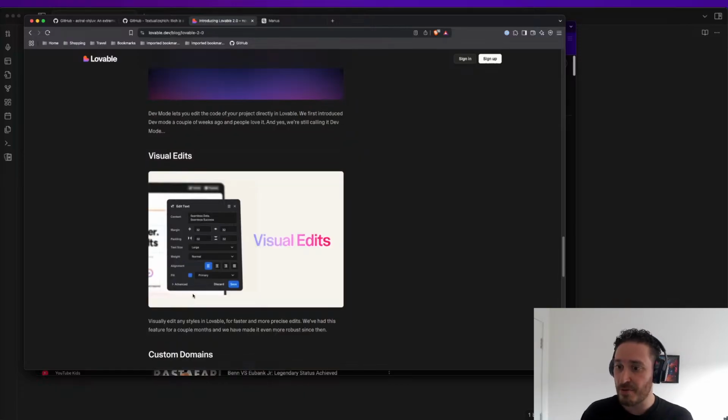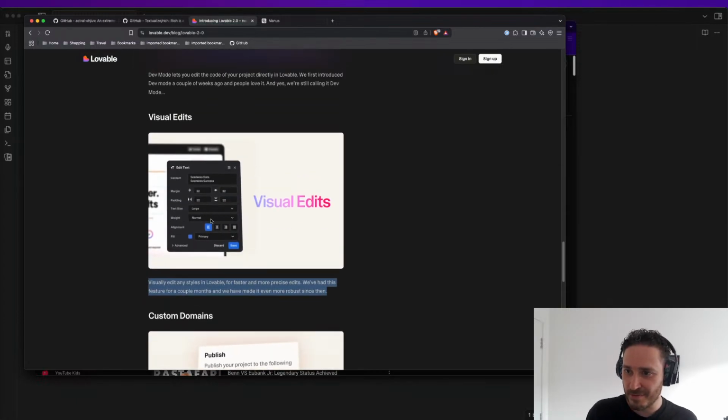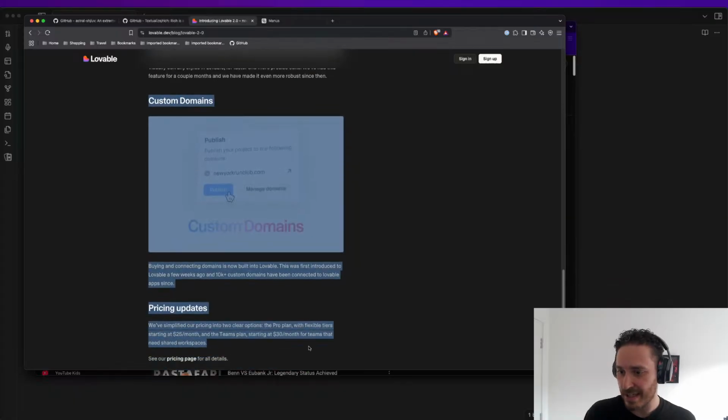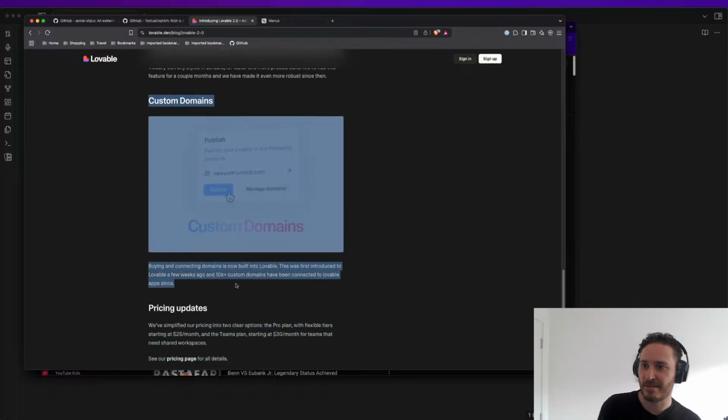Okay, visual edits. This is another one. I think this is going to be very, very cool. So it's now getting into the Figma / Cursor mix-up. So this could probably convert me into at least doing some basic applications. And to me, at least, this is the biggest game changer, because now if you can do some